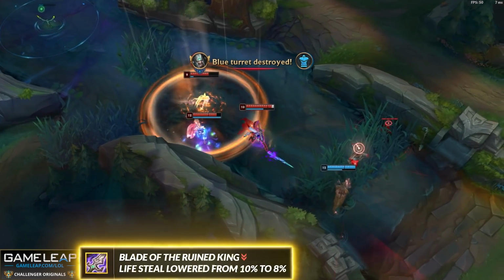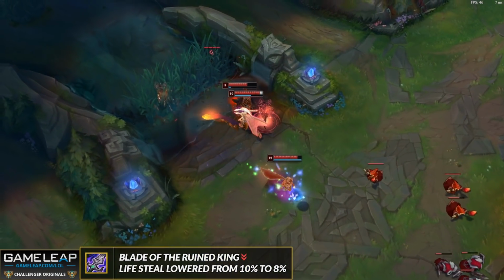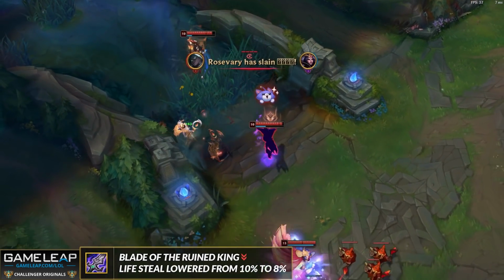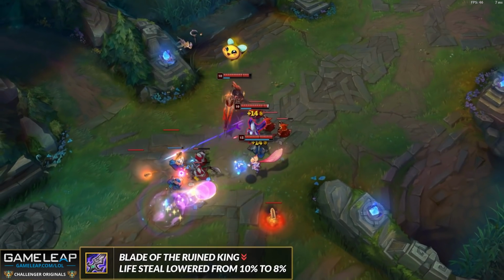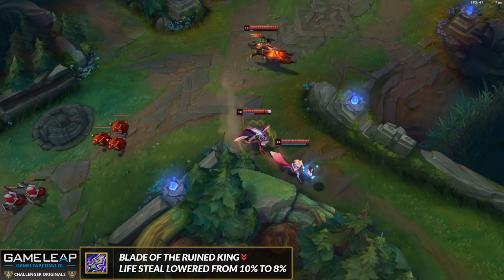Another legendary item the Riot Balance team is going to nerf in 12.6 is Blade of the Rune King, and this is just feeding off that Vamp Scepter nerf. The Vamp Scepter nerf losing 2% in terms of lifesteal is the same as Blade of the Rune King. And for Blade of the Rune King abusers, we're talking Aurelia, Vayne, maybe even champions like Sett, Renekton,